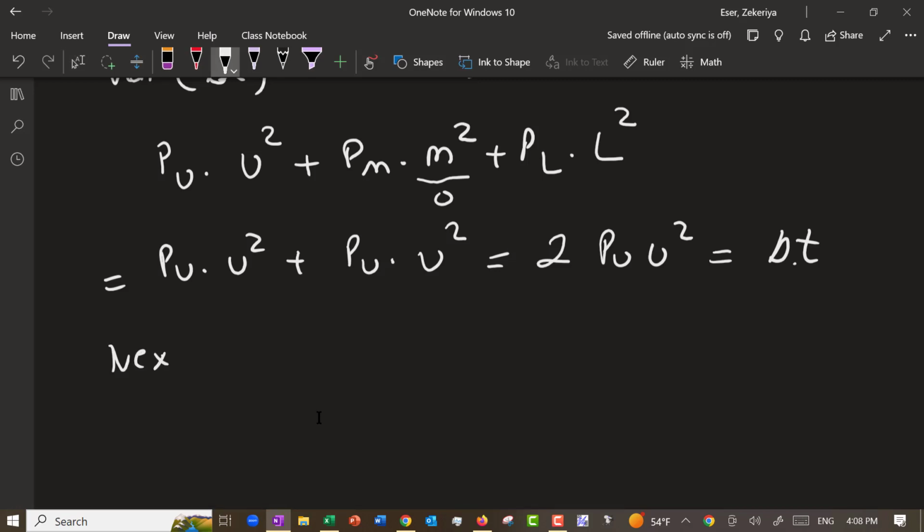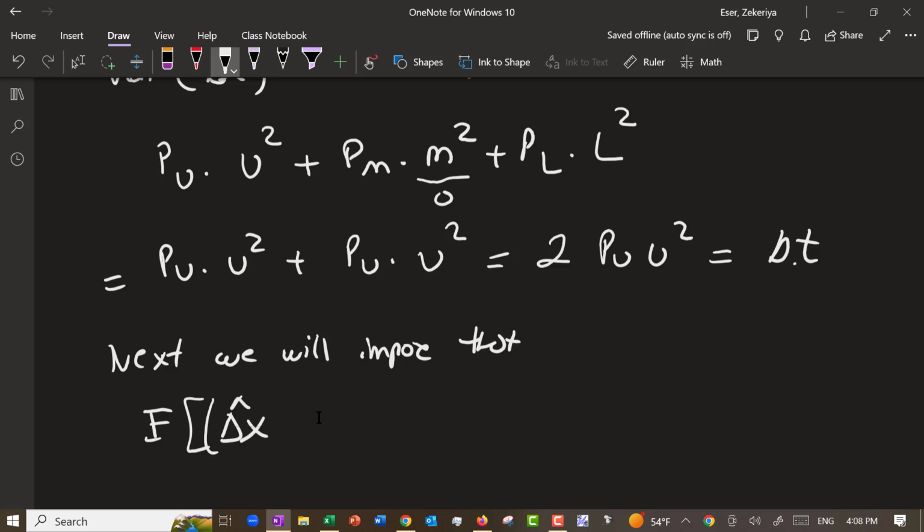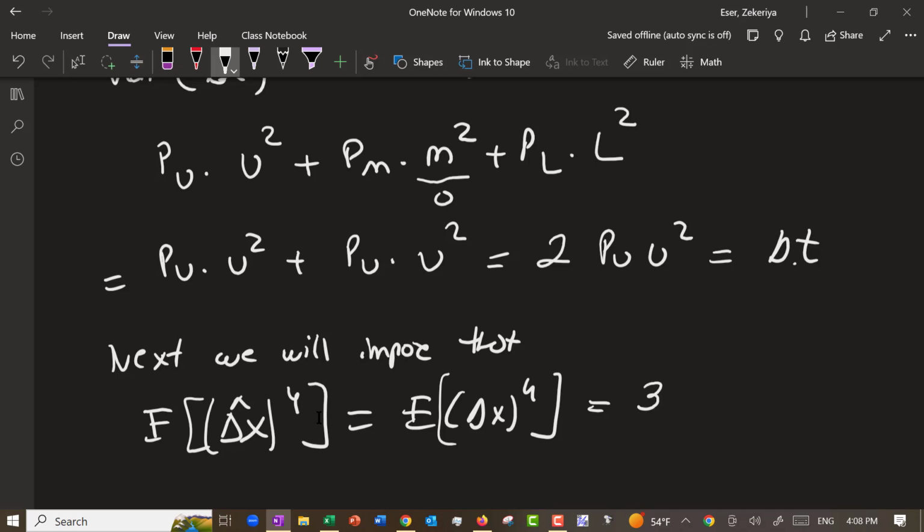Next, we will impose that the expected value of delta X to the power 4 is 3 times sigma to the power 4. No, I'm sorry, delta t squared. Because for a normal distribution,